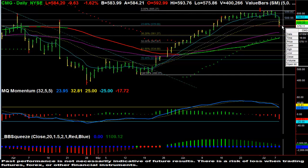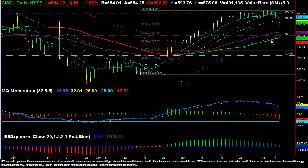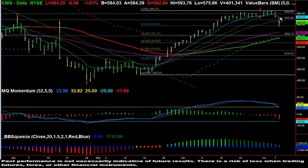At one point CMG was down roughly $15. We bounced off the 575 level and are now currently at 584. Right now, that little bit of a bounce retracement still does not take into account that on the daily chart the squeeze momentum is very strong and the MQ momentum is very red. So we could have a couple more days of downward price action in CMG, but the potential move again was at least to the 38.2% retracement level, 561, and that was roughly a $33 move to the downside,